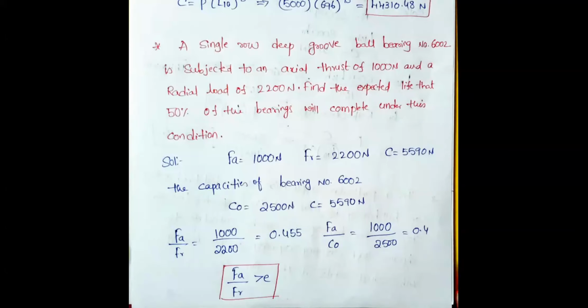So X value is constant, capital S equal to 0.56, and for Y value you have to consider the corresponding value. That is the basic point you have to consider. Very, very important. If you know the value, then only you will get the answer. Otherwise it is difficult for you.